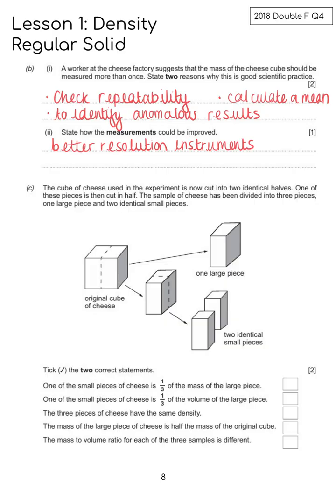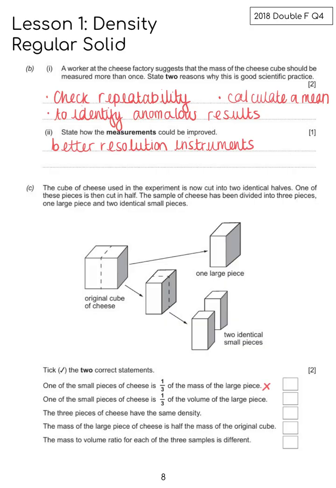And for part C, we've got a multiple choice question. We need to tick 2 boxes because it's for 2 marks. It says we've got a cube of cheese that we cut in half and then we get a large piece, or we could also cut it in half and in half again to get 2 smaller pieces. Tick 2 correct statements. So the first one, the small pieces of cheese is a third of the mass of the large piece. That is not true